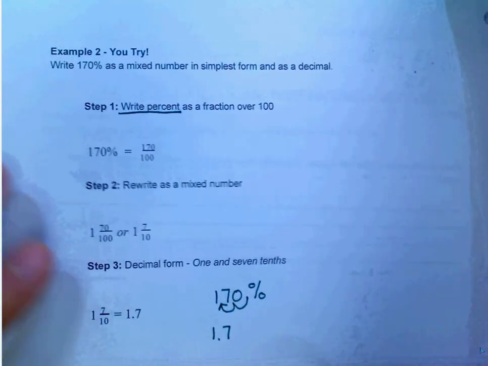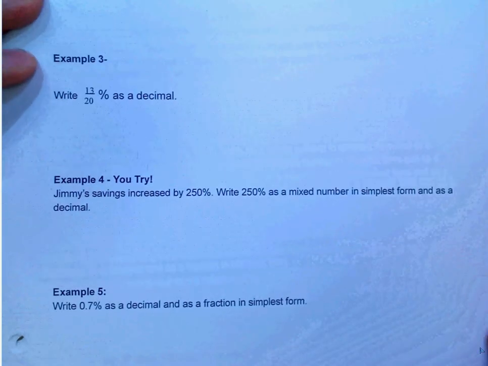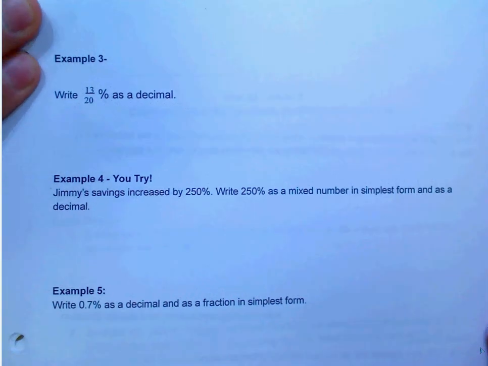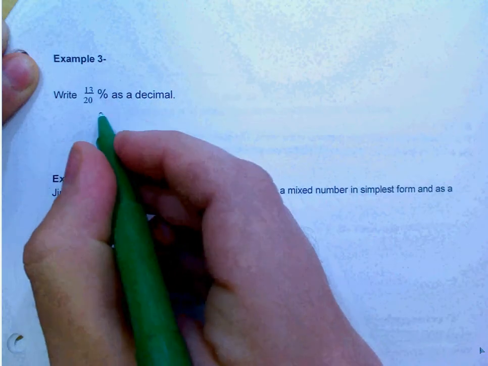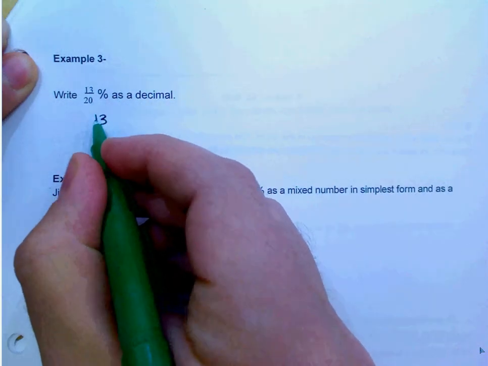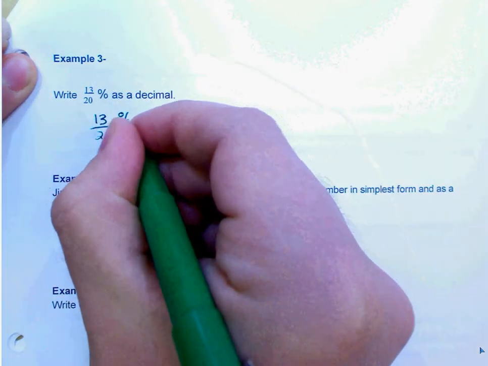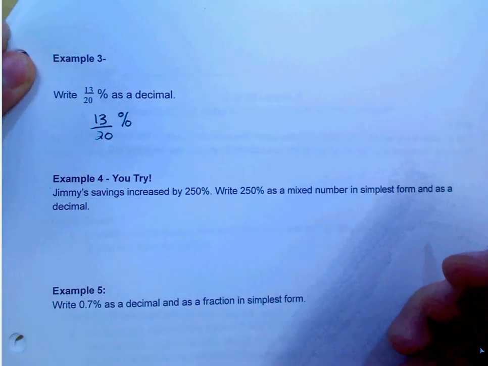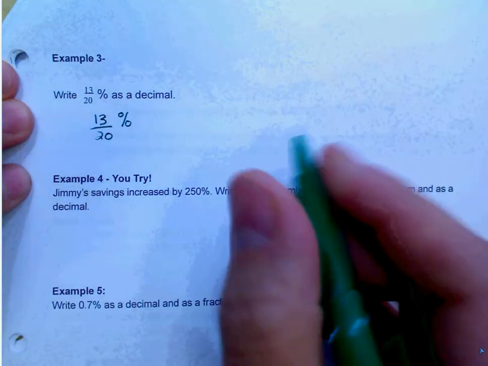Take a look over on the top of the next page. Now this looks weird. 13/20ths of a percent. So that's saying that we have 13 over 20%. You don't see that very often. So what we need to do is change that into a decimal first. So if I have 13 over 20,